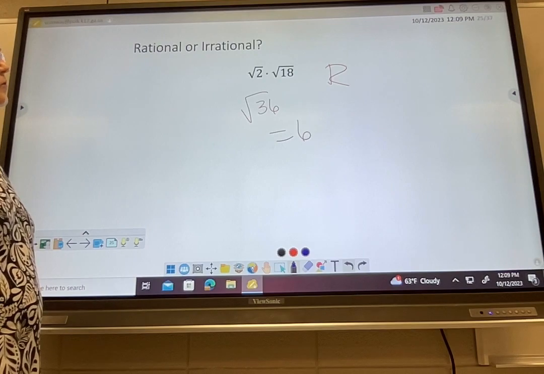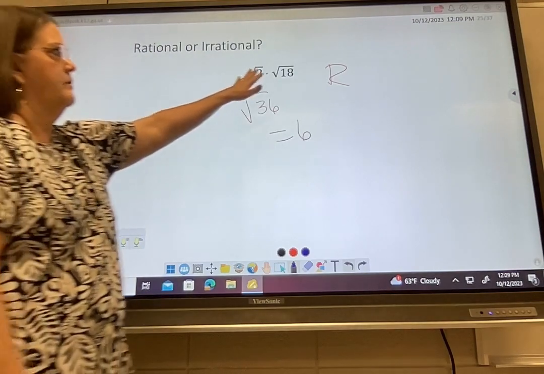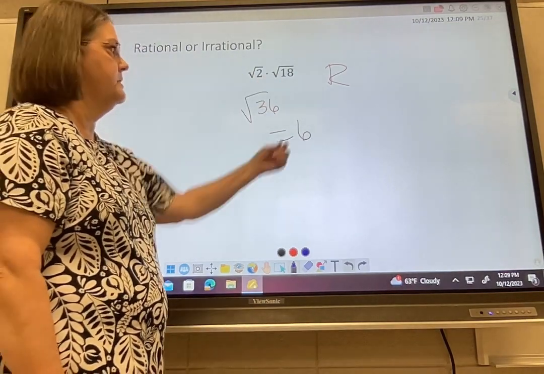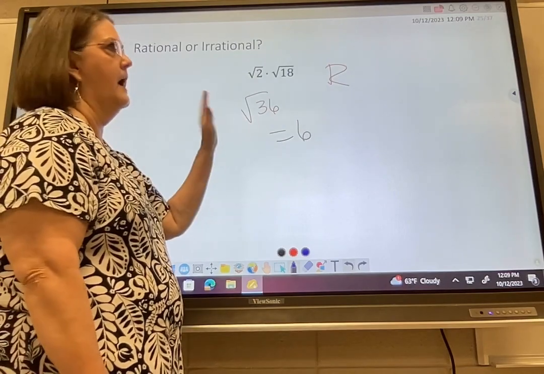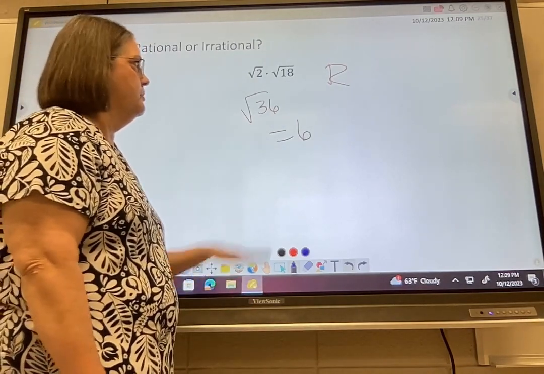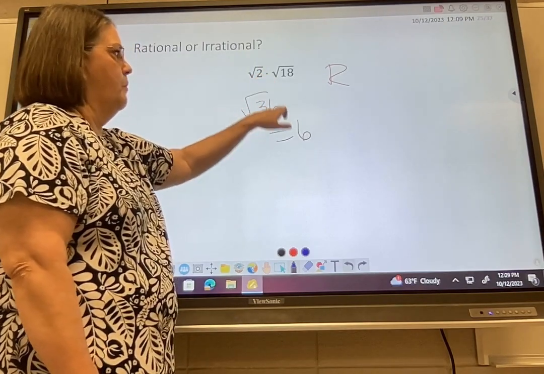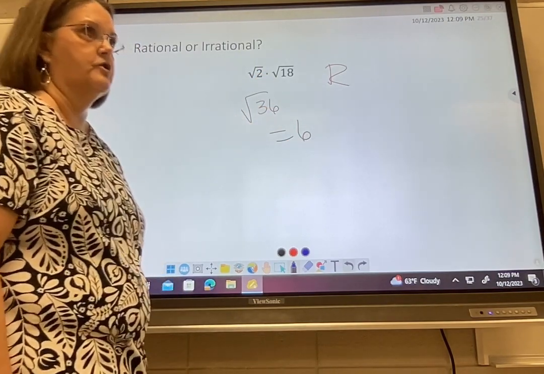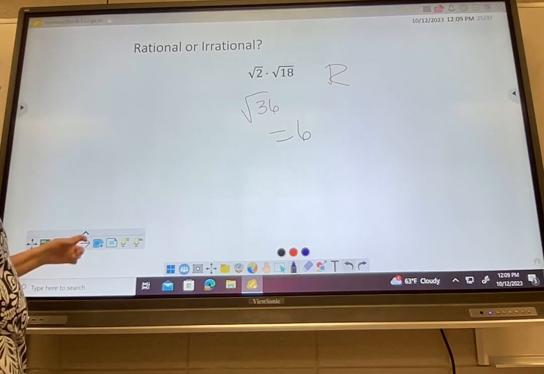All right, rational or irrational. This is the square root of 36, and the square root of 36 is 6. Just because you see a radical sign does not mean that it is irrational. This is a perfect square and is 6, and that is rational. So pay attention to that on the test. Remember,